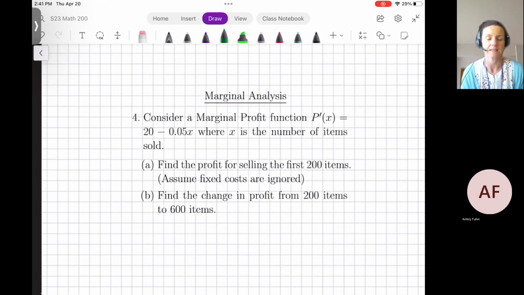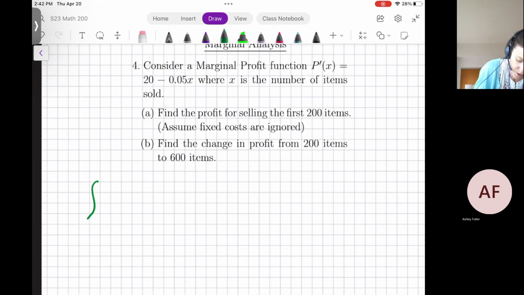Where this can come in handy is the idea of marginal analysis. Remember things like marginal profit. If we take the antiderivative of marginal profit, we get the profit function. If we take the antiderivative of marginal cost, we're going to get the cost function. So in this example, imagine that we have a marginal profit function of 20 minus 0.05x, where x is the number of items sold. If we want to find the profit for selling the first 200 items, we're going to